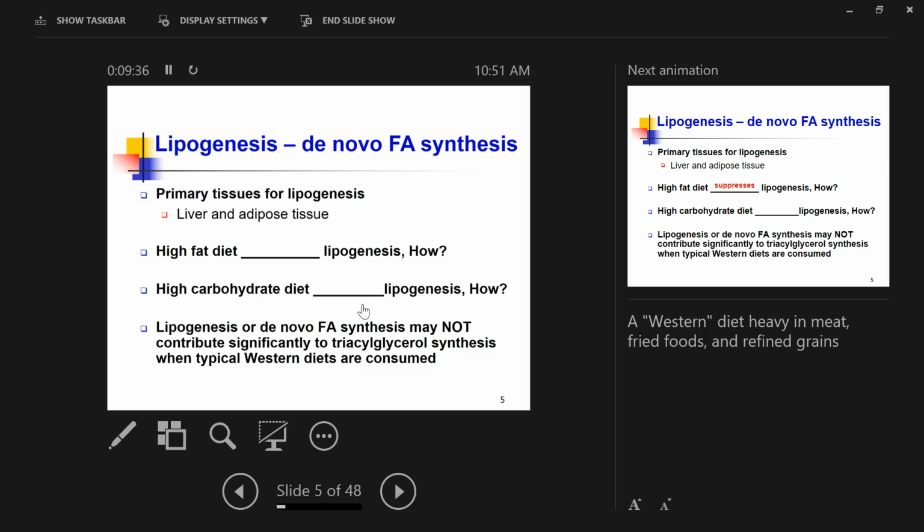And how will a high-fat diet affect or regulate lipogenesis? What do you expect if we eat a very high-fat diet? What do you think? Lipogenesis should be decreased. Why? How? Because one of